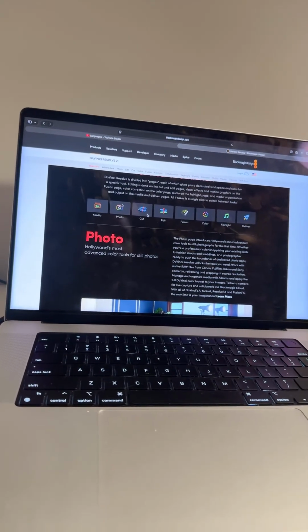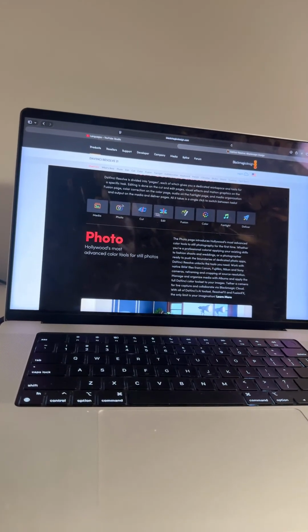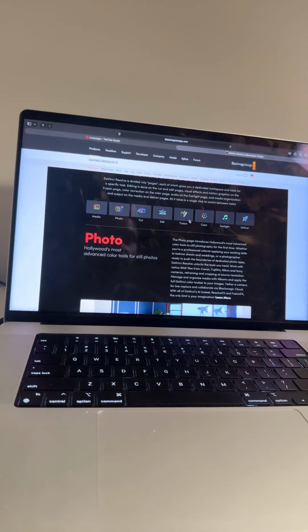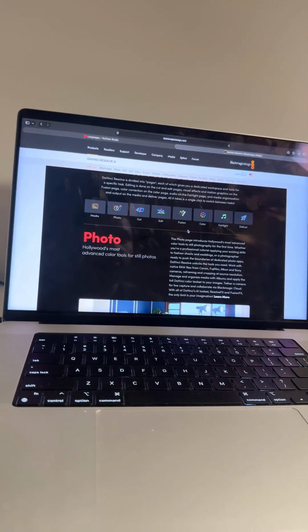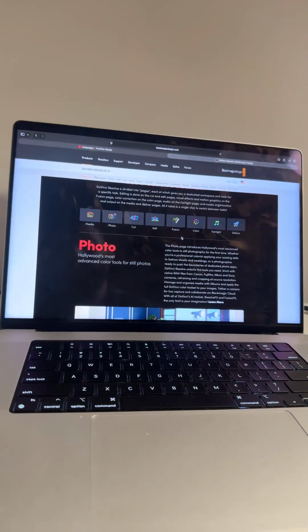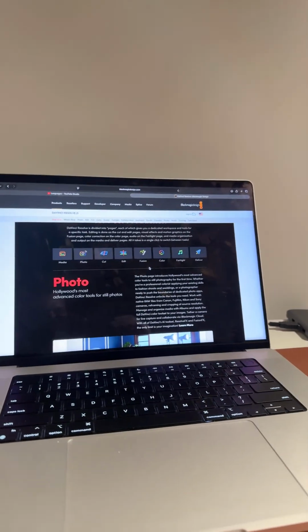They also have the Cut page, where you could do your editing, and that is your edit to the timeline. And Fusion is for your animation, if you need to make some animations or anything.